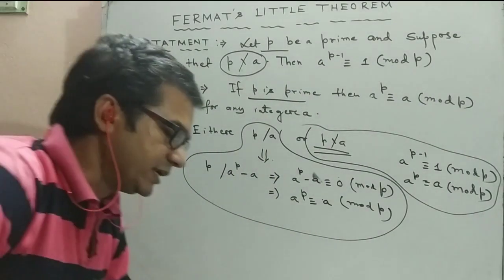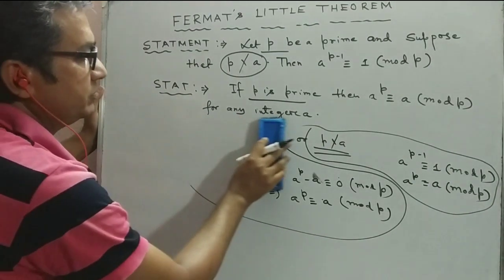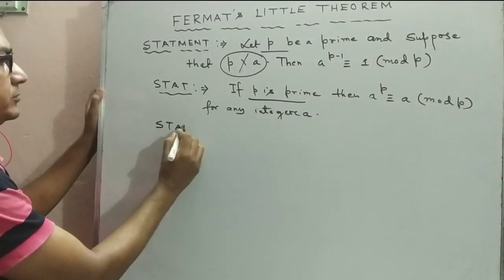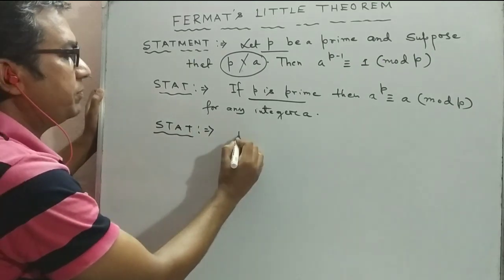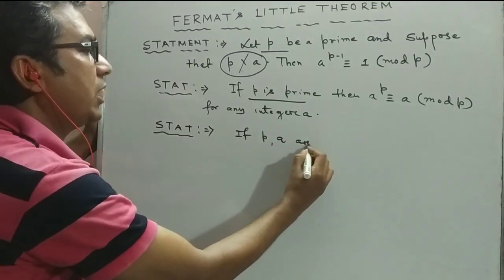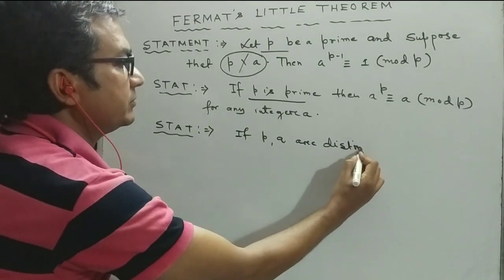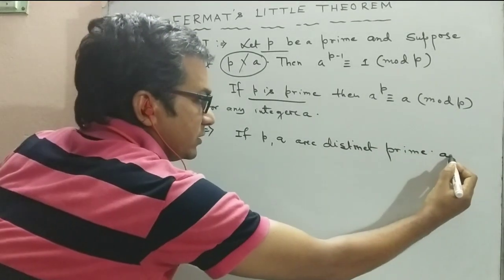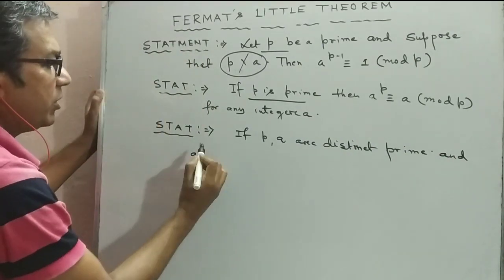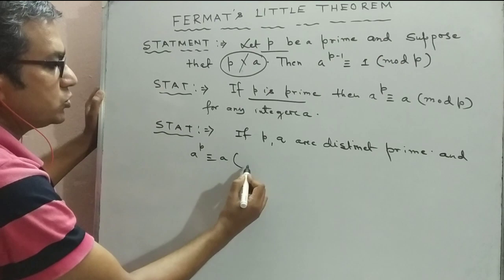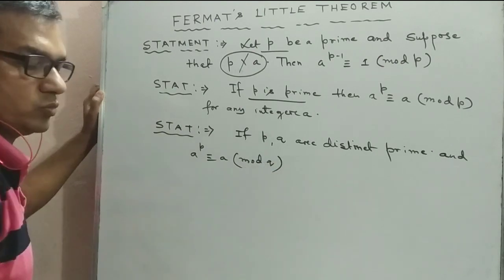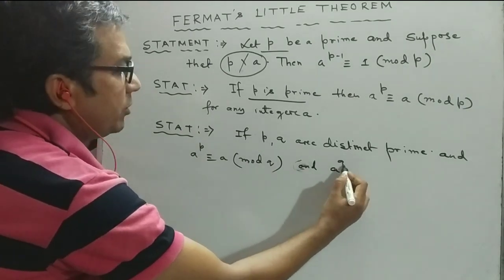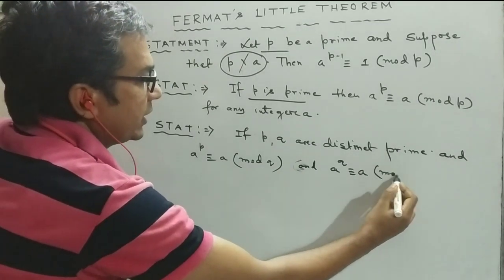Now we state here another important theorem, which states that if p and q are distinct primes, and a to the power p is congruent to a mod q, and a to the power q is congruent to a mod p,